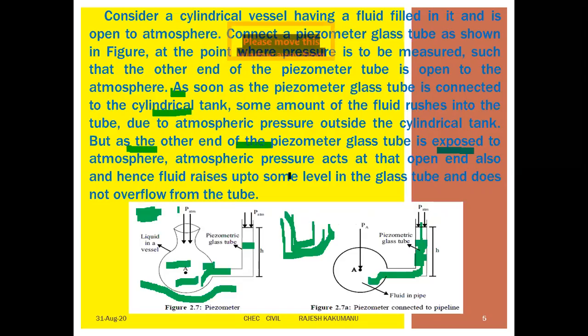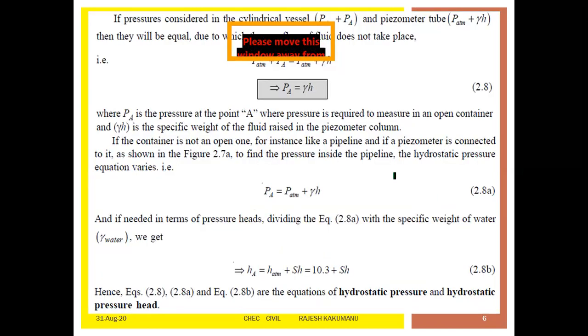సో దీనిలో ఏముంది, మనకి అట్మాస్ఫియరిక్ ప్రెషర్ PA ఉంది, ఆల్రెడీ ఇన్బిల్ట్ లోపల అట్మాస్ఫియరిక్ ప్రెషర్ ఆఫ్ వాటర్ ఉంది. Now what is considered here, if the pressure is considered in the cylindrical vessel, P atmospheric plus PA, and the piezometer tube లో ఏముంటుంది, P atmosphere ఉంటుంది, piezometric pressure